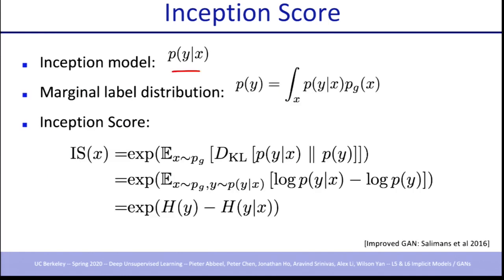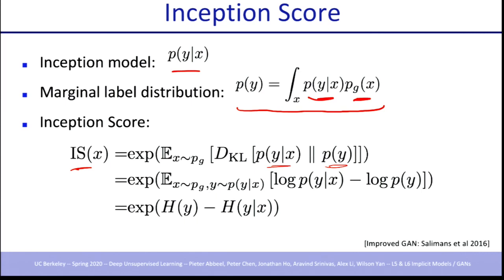You have the Inception model pre-trained, nothing to do with GAN, just a classifier model. You look at the marginal label distribution. So you generate data, you look at how often you get each label, and that gives you a 1,000-dimensional histogram in some sense. Then the Inception Score looks at the KL divergence between the conditional of y given x and the marginal. The marginal ideally will be uniform, and the conditional ideally will be highly peaked around the 1 out of 1,000 classes that you just generated, and there'll be a very large KL divergence. So in this case, a high KL divergence is a good thing. You're hoping for a high KL divergence here.